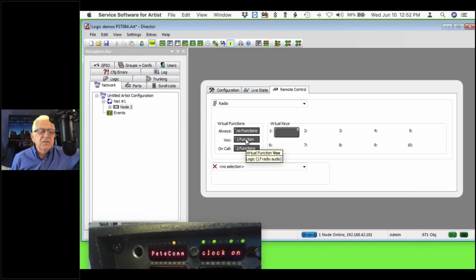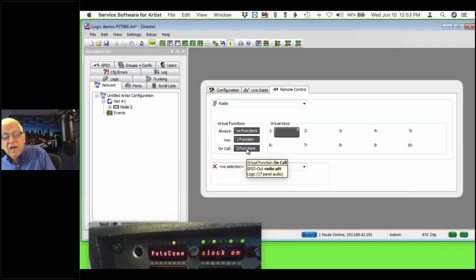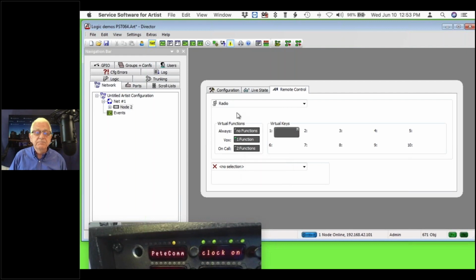Then I turn it on to simulate audio coming from the radio. It's there. But if I talk on the radio, now I'm talking on the radio, you see they're both on. So now out the bottom here, we've got my audio and the panel audio. So what we did is,